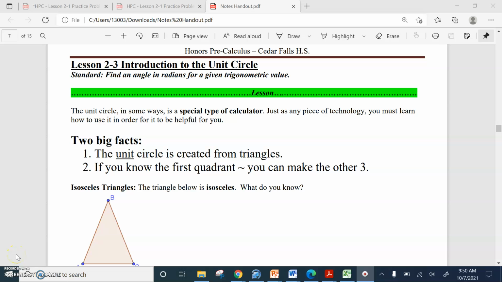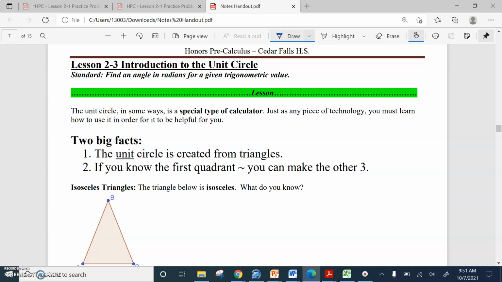Okay, here we go. We've got our first video here in the notes for section 2-3, which is our introduction to the unit circle. As we get started, a lot of this is going to be review, I think, for a lot of you, but nonetheless, we will go through this as if we are starting back over. So,